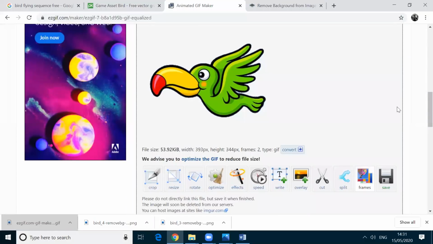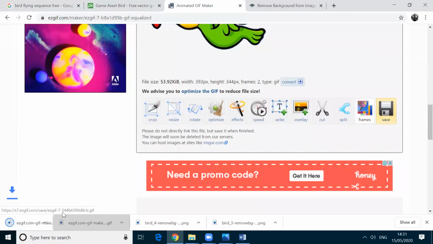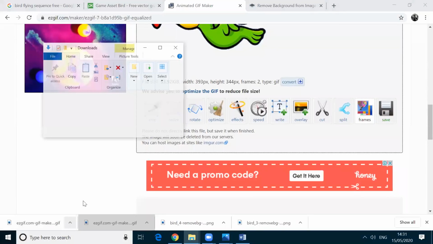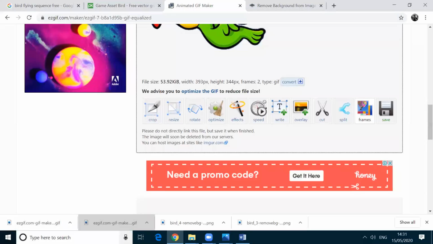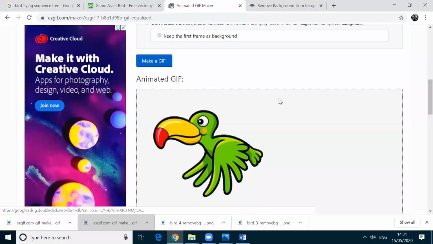Now I am clicking this save, and then okay, 3. Now I have downloaded the GIF. Now I am going to create some animated video using this GIF.